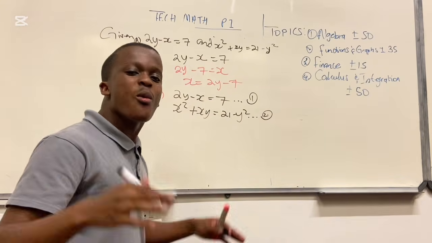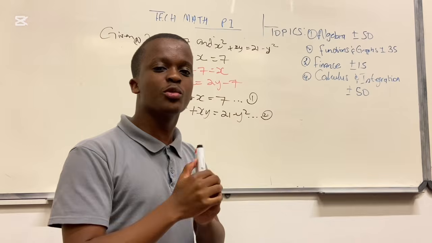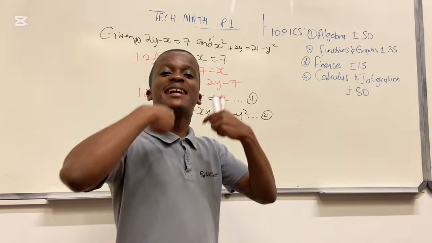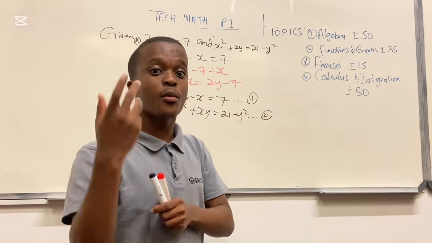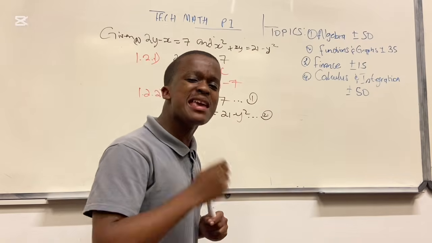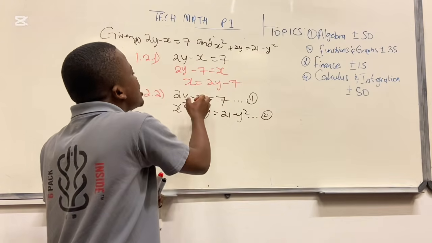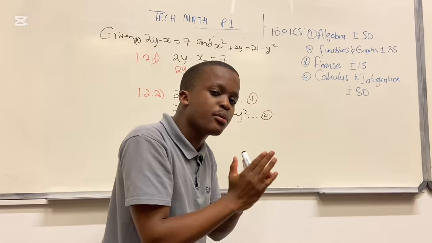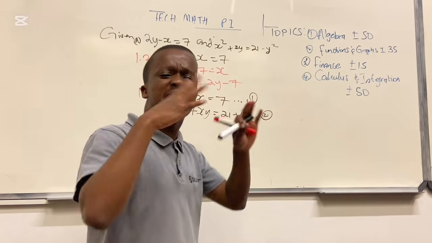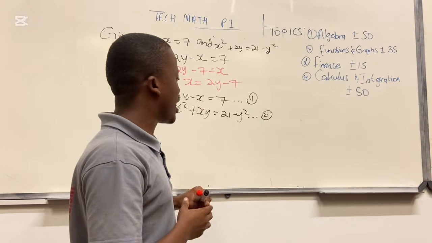Then 1.2.1 generated equation 3, as you can see. Guys, always when we are dealing with simultaneous equations, manipulate to make one of them the subject of the formula, whether we are dealing with y or x or any variable. As you can see, this is a straight line. This is a quadratic. Now you can just manipulate using the straight line equation, because x squared is more complicated. So you can use this one.